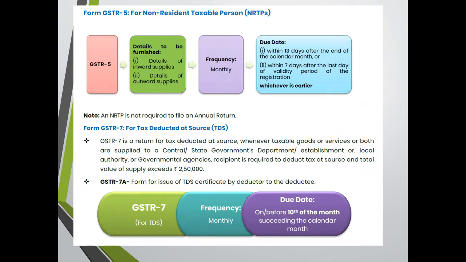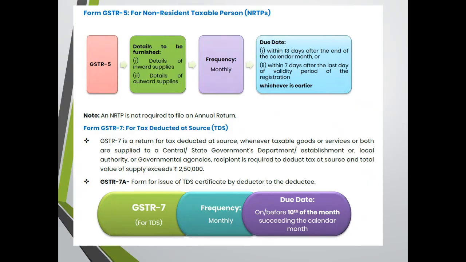They are not eligible to avail input tax credit on any purchases within India, other than with regard to import of goods. Frequency for submitting this GSTR 5 is on a monthly basis. The due date for filing the return is within 13 days after the end of the calendar month,